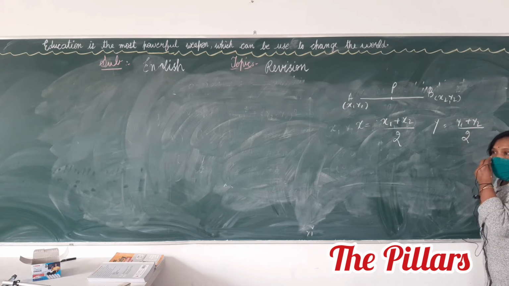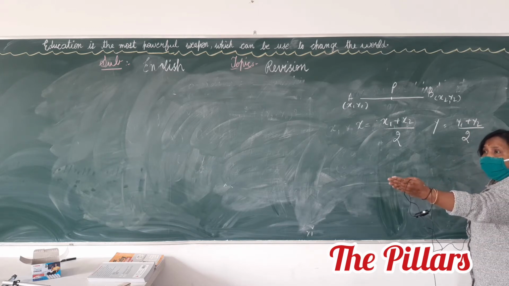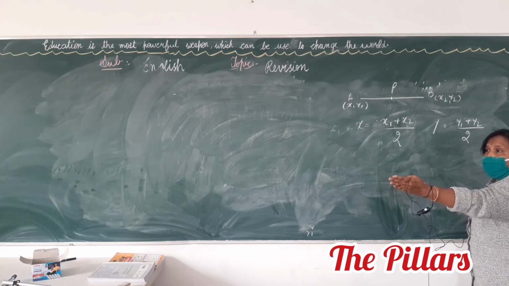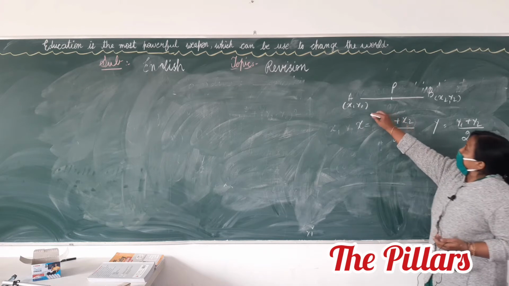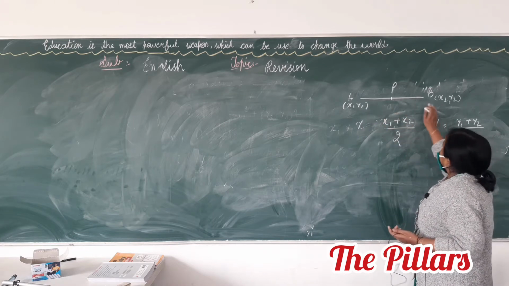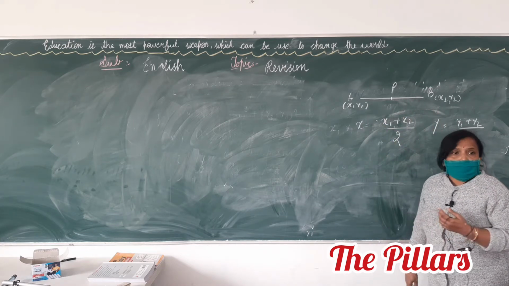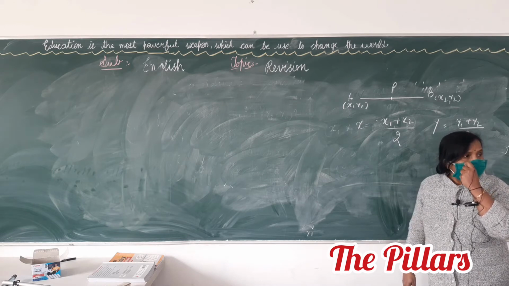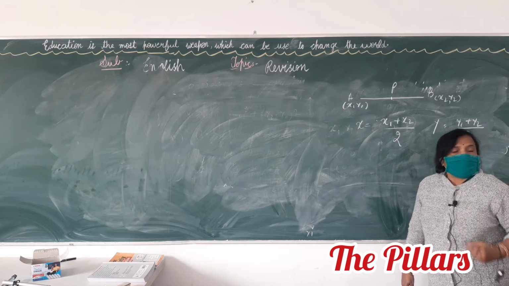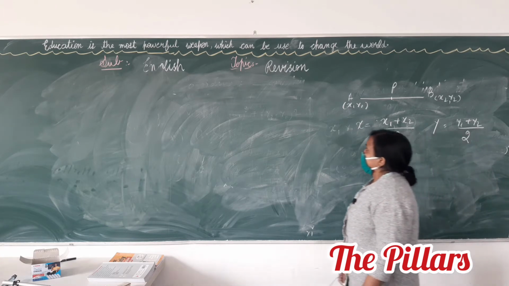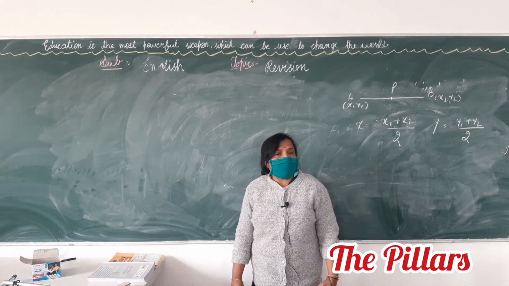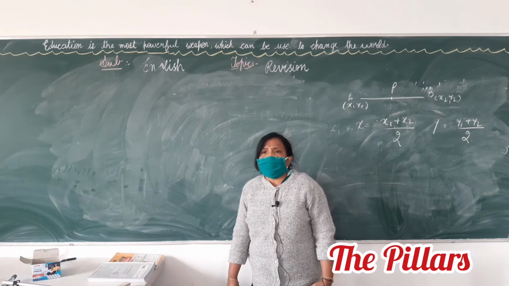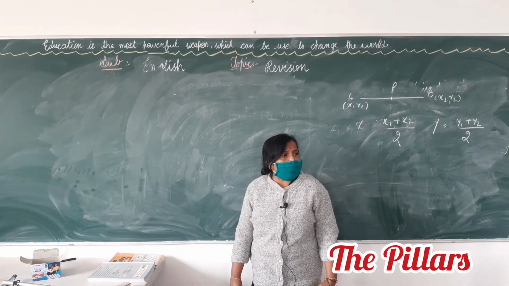Midpoint. These are very important formulas in your chapter. Write down there, midpoint. If A and B are 2 points with these coordinates, then how do you find the coordinates of the midpoint? Clear? Okay. Next, fourth one. Do you know how to find the coordinates of the centroid of a triangle?